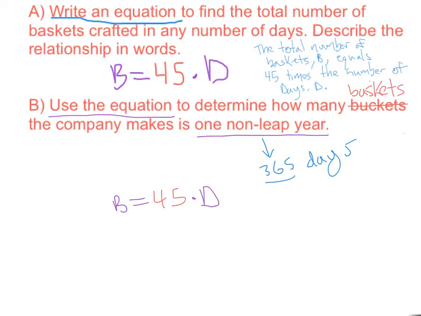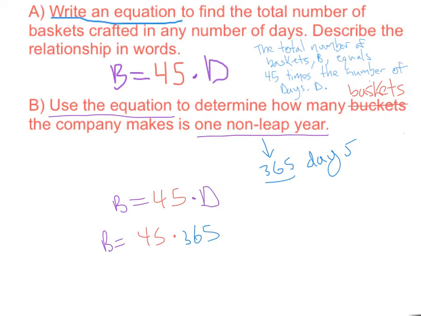Okay, so use this equation, B equals 45 times D, to figure out how many baskets we make in 1 year. All I have to do now is take 365, replace it with my D, and that gets me B. That will produce B. So B equals 45 times